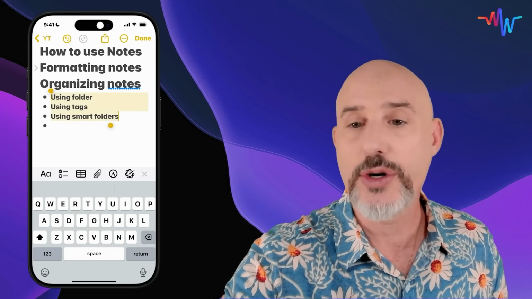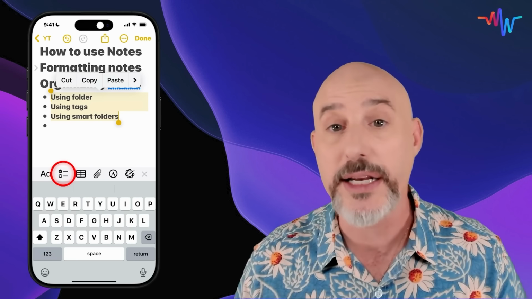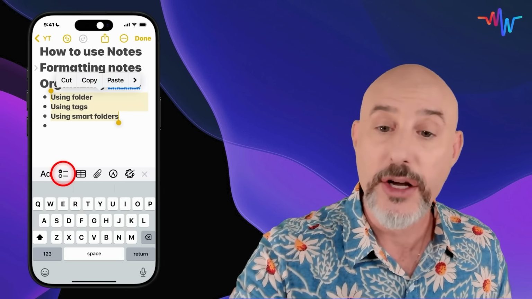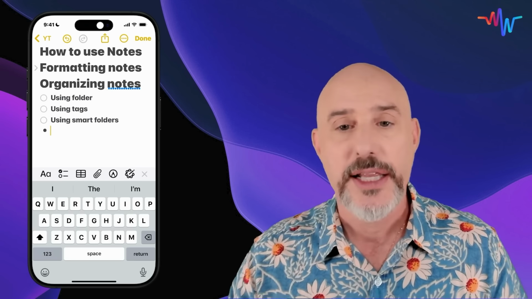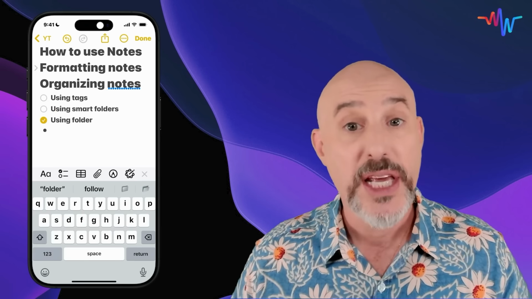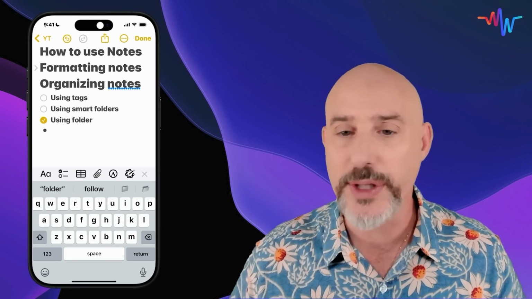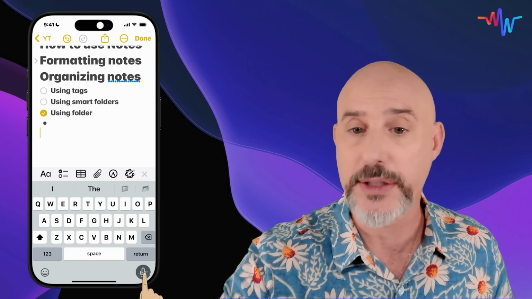In addition to those kinds of lists, there's also something called a checklist, and we see that to the right of the formatting tool. Clicking on this button here will turn these items into checklists that can allow you to cross anything off once it's completed. If you're using notes to create a to-do list, this is a great way to do it because you can come right in and start your to-do list